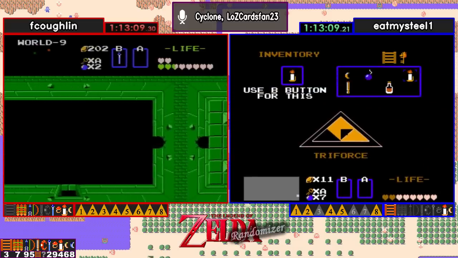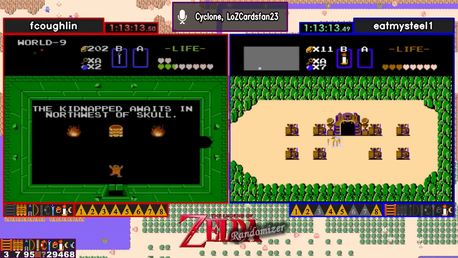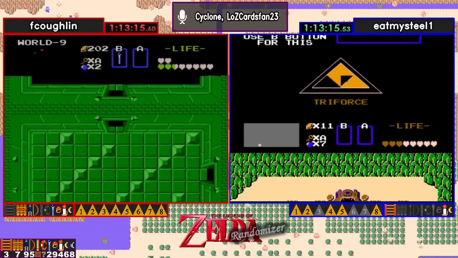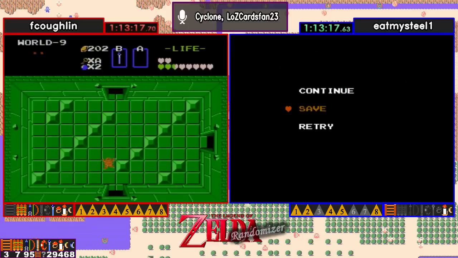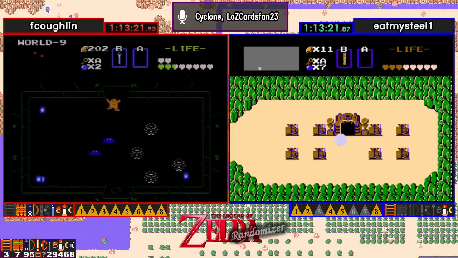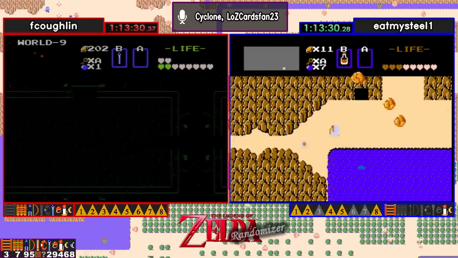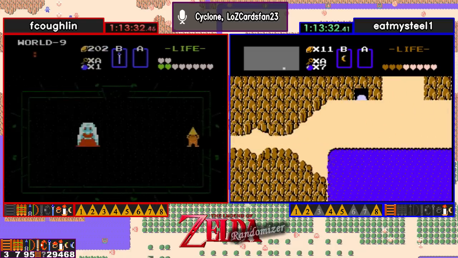So with that, Fred is in go mode, and that means we now know that the other item in level 1 is the power bracelet. Let's quickly go over the item recap for the seed. Level 1, the book and the power bracelet. Level 2, the wand. Level 3, the ladder. Level 4, red candle. Level 5, the bow. Level 6, Lord Banana. Level 7, the raft. Level 8, the heart container and the magical boomerang. And ladies and gentlemen,